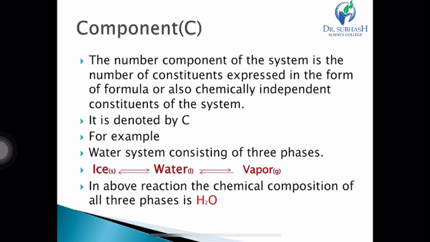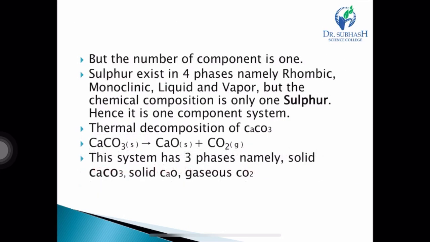And the definition is: the number of components of the system is the number of constituents expressed in the form of a formula, or chemically independent constituents of the system, right? So this is called a component. But the number of components is 1 for water, right? Another example, sulfur exists in 4 phases,